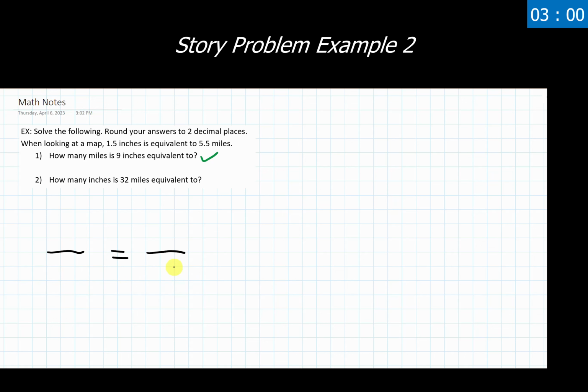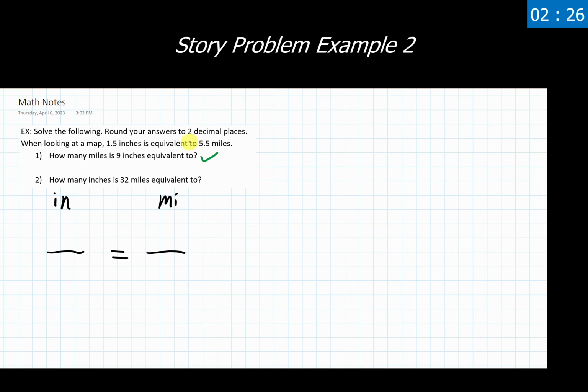We're going to do it a little bit differently here. We're going to assign this entire fraction to be one unit and this entire fraction to be the other unit. Again, it doesn't matter which one is going to which fraction, but we need to pick one and commit to it. So I'm going to do inches for the first fraction, and I'm going to do miles for the second fraction here.